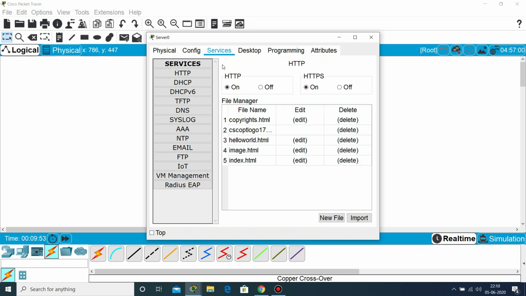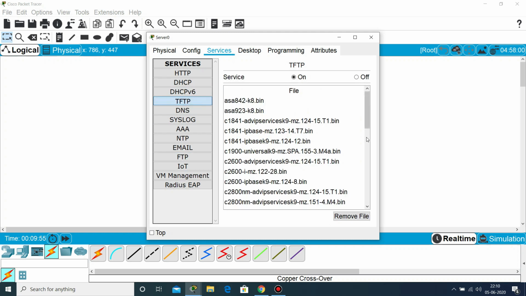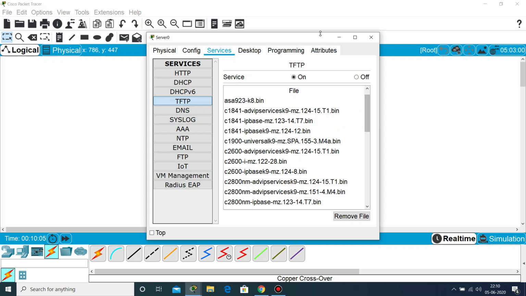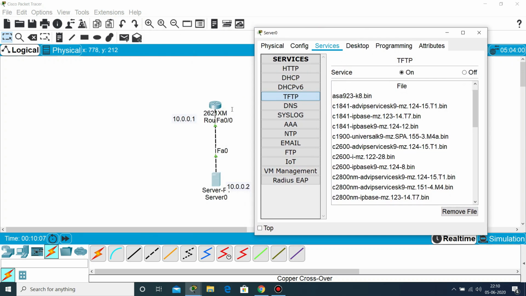I will go on services, I will go on TFTP. Now here I can see that we have many operating systems according to the series of the router. So I have used here 2600 series router, so I will see for 2600 series operating system. So I have this operating system already.